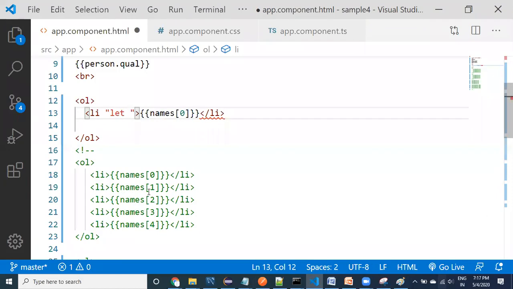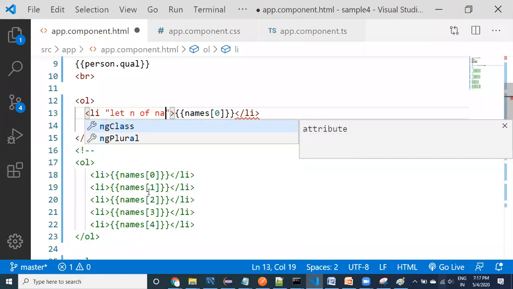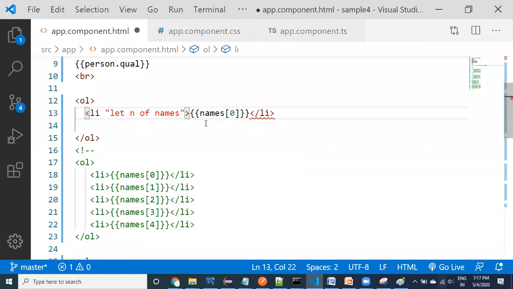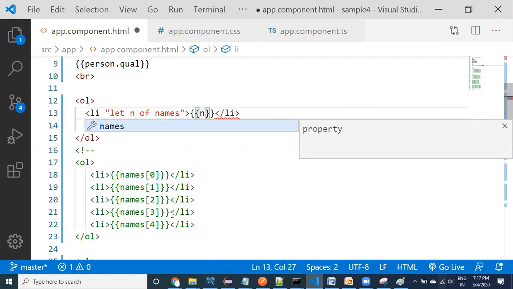Let n of names. I'm going to explain it to you. Let n of names. See here, guys, what I'm going to do is say n.